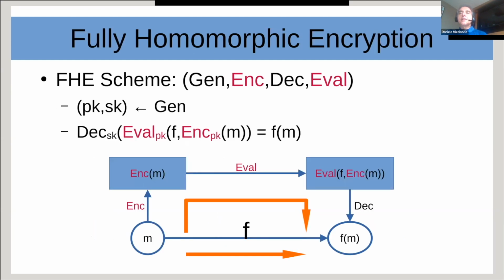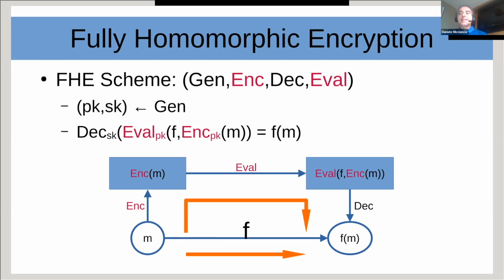And the standard method to define fully homomorphic encryption is the following. First, we extend the syntax of a homomorphic encryption scheme with an evaluation algorithm, Eval. And then we extend the correctness requirement as follows. The evaluation algorithm takes as input not only a ciphertext, but also a function, F. And the scheme should have the following property. If you take a message M and you encrypt it, then you evaluate F homomorphically on this ciphertext, and then you decrypt the result of the evaluation,